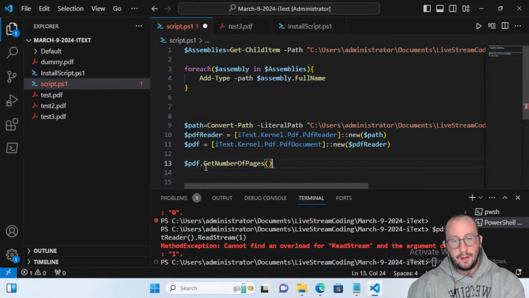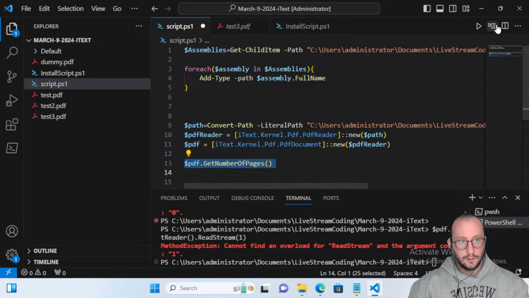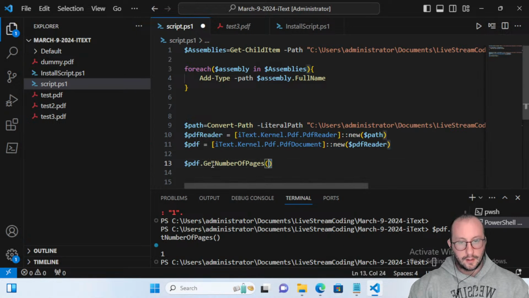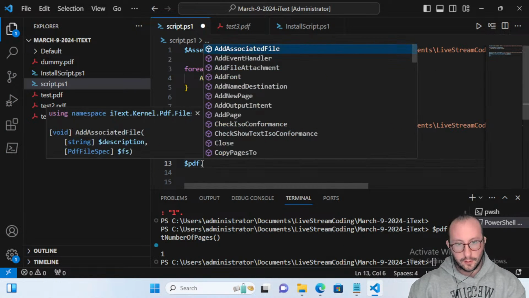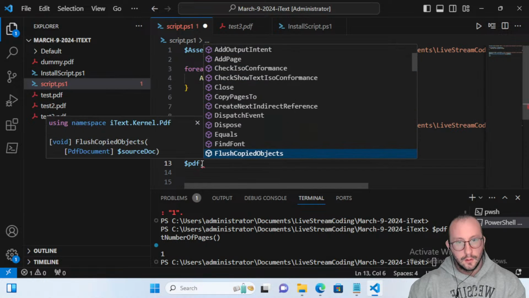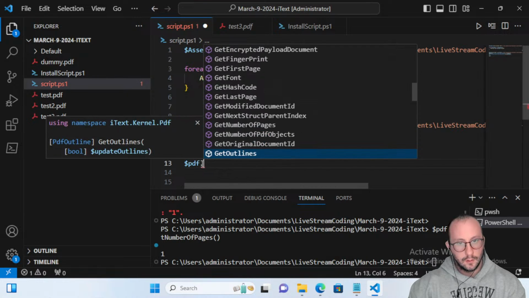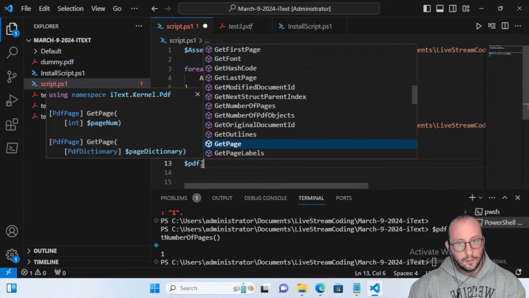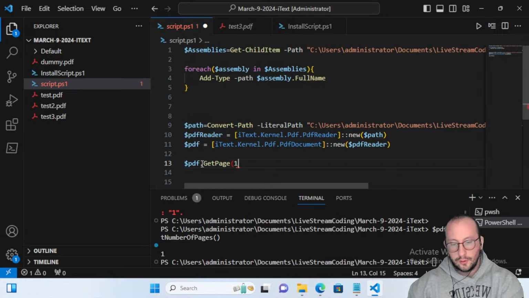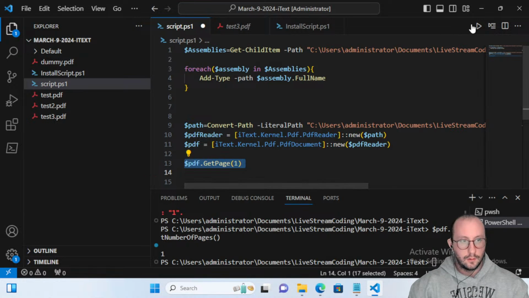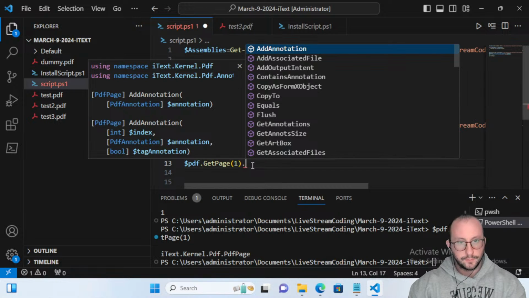Get number of pages. Okay, so we can get the number of pages in our PDF document. Get page 1 dot